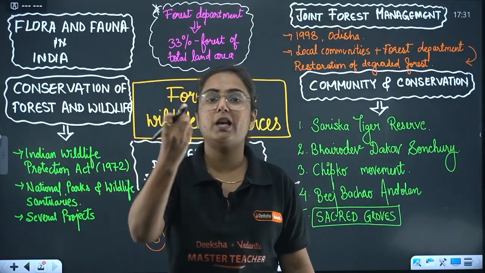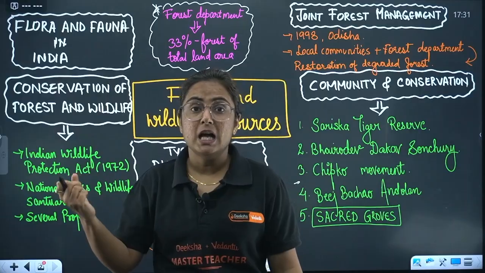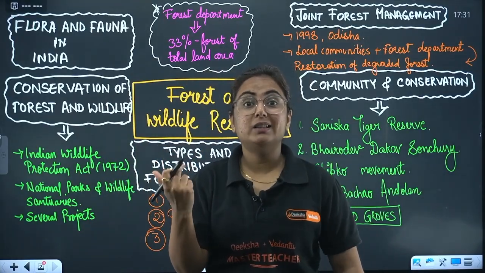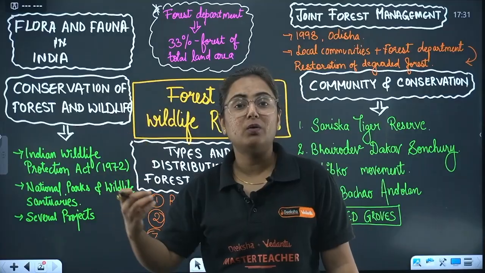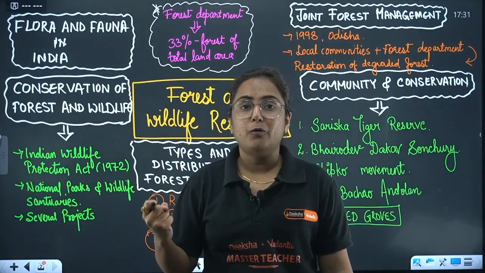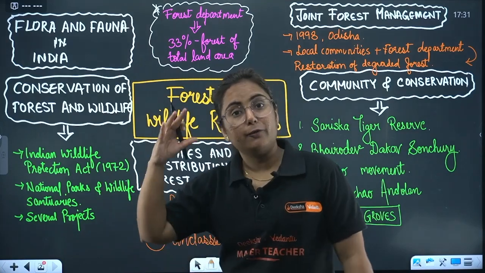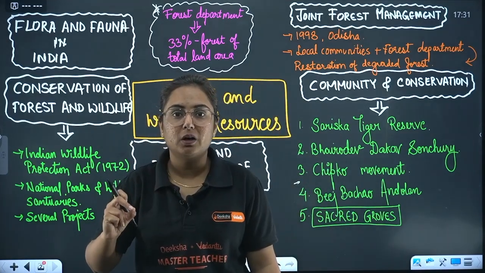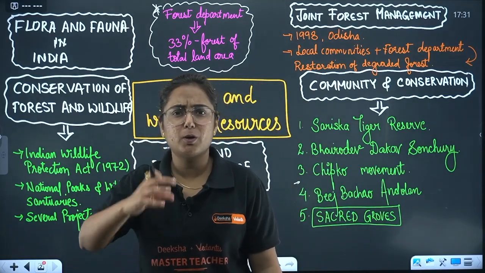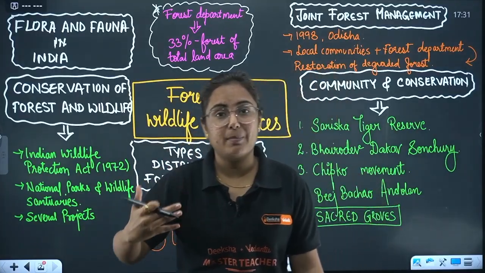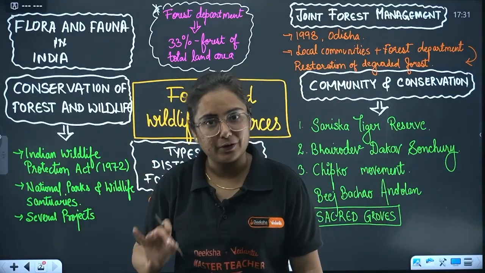We talk about hunting, poaching, construction work. They gave you the example of the Narmada Dam. On the Narmada, the Sardar Sarovar Dam was made, which affected the flora, fauna and wildlife of that area. Buxa Tiger Reserve is affected because of dolomite mining. Because our needs are increasing day by day, the flora and fauna are affected.